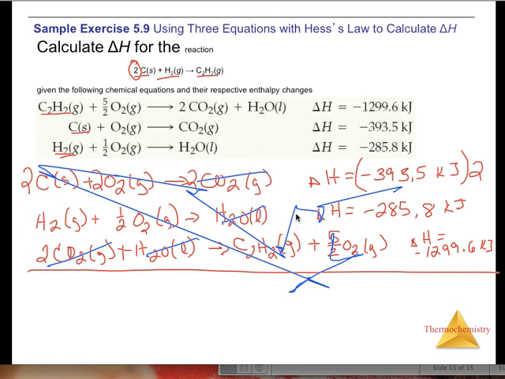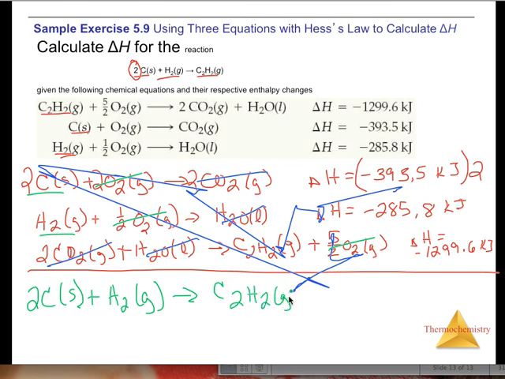Well, let me forge on. I'll try to write in green. But I had 5/2 here. I had 2 here and a half here. Well, 2 is 4/2. 4/2 and 1/2 is 5/2. Whoa, the oxygen cancels as well. Cool. So the only things not crossed out, if you can look through my scribbles where I was having technical difficulties, are my carbon, my hydrogen gas, going to produce my product, and my delta H is going to be